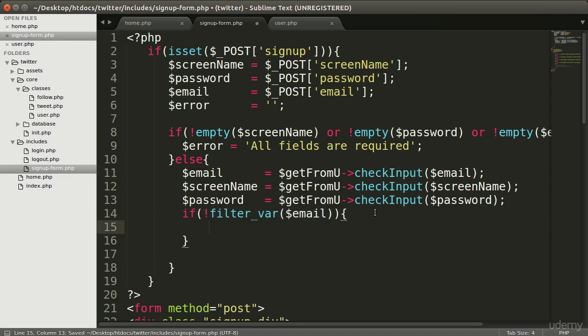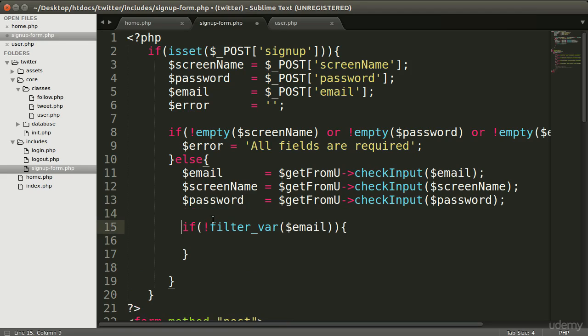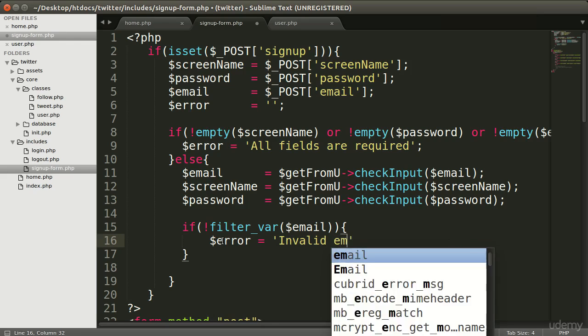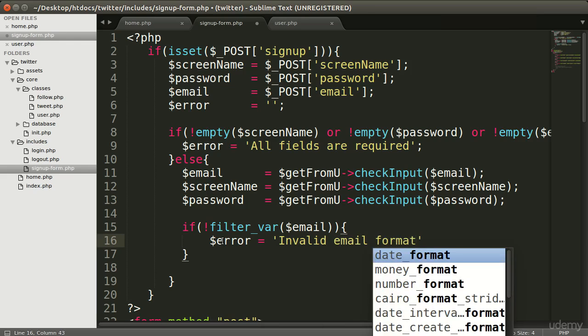So when the user submits an invalid email, then you will display the error. So here we need to set the error. So error equal to, let's say, invalid email format,